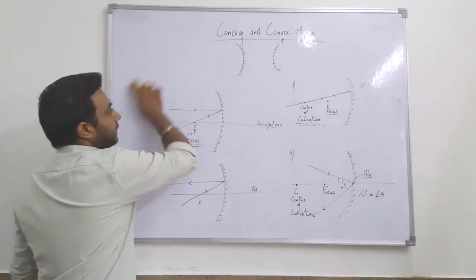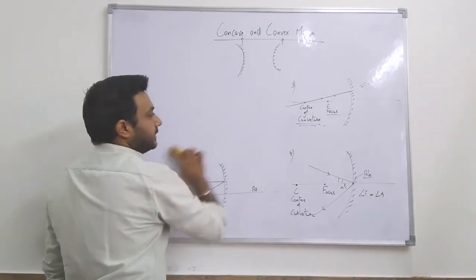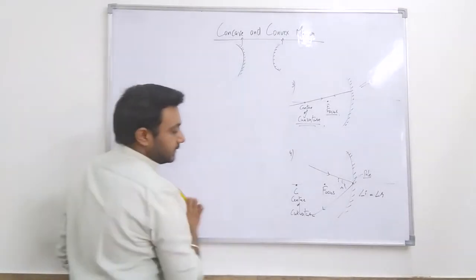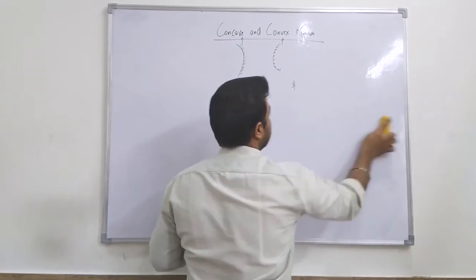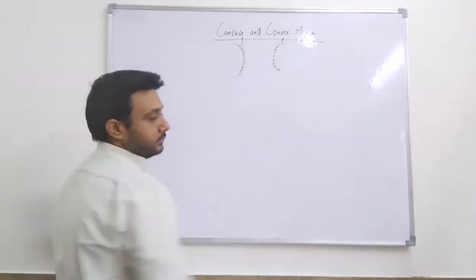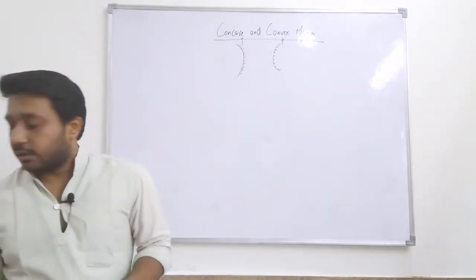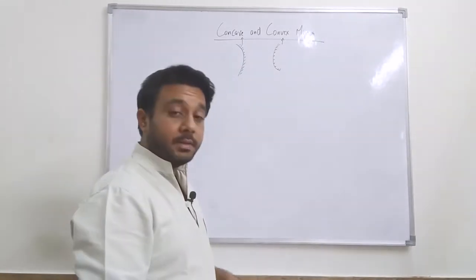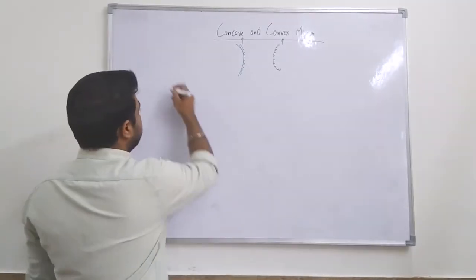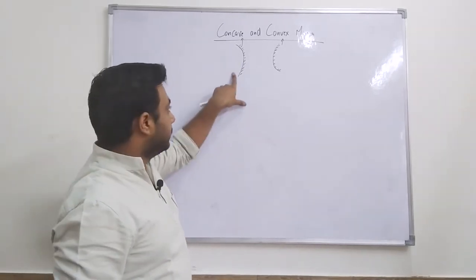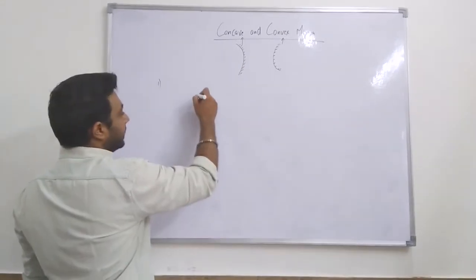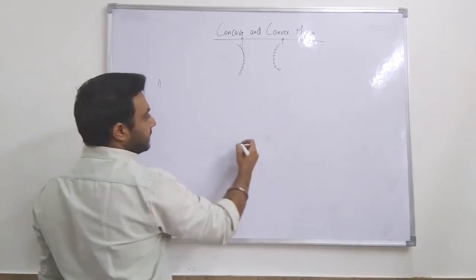Now we will see how these rules help us in making the image formation of the concave mirror. Okay, there are a total of 6 cases. Remember, there are a total of 6 cases for the image formation of the concave mirror. Okay, image formation of the concave mirror. First case is